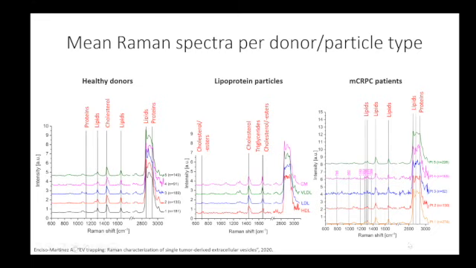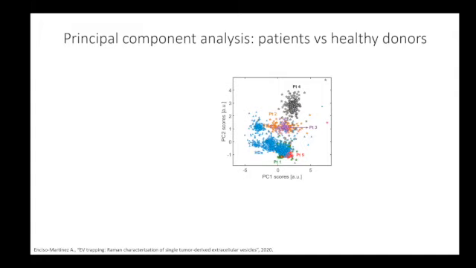And here it's actually very interesting, because we were expecting maybe to have a Raman profile that is just like a lipoprotein profile. For some patients that was the case, patients 1 and 5, but there were some patients, patients 2, 3, and 4, which showed a fingerprint that was clearly different from the rest of the patients and also the healthy donors. So we did principal component analysis, and we saw that some of the patients were really clustering far from the healthy donors, especially patient 4.